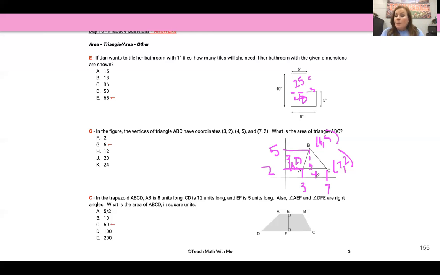Trapezoid. Again, they want the area. They've given you the height. They say that, well, hold on. CD is 12, EF is 5, and AB is 8. So I told you,